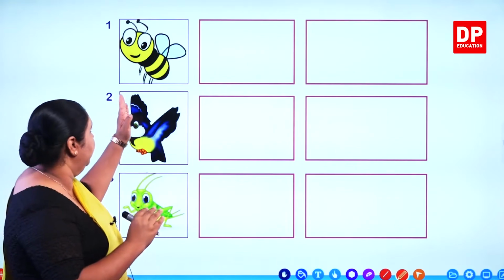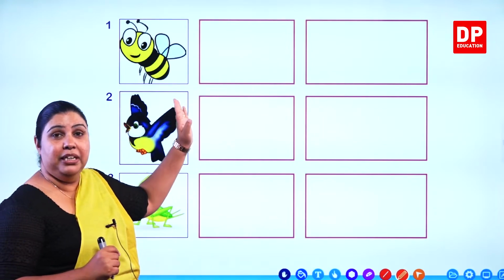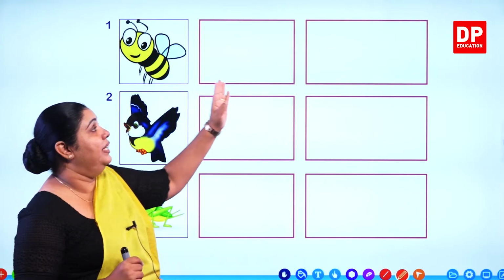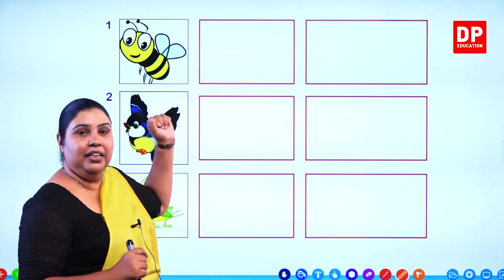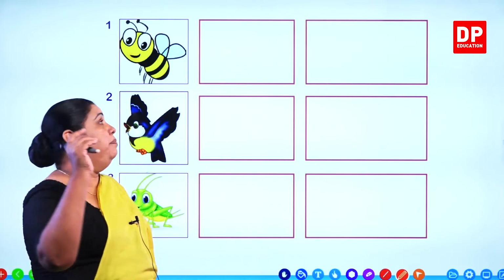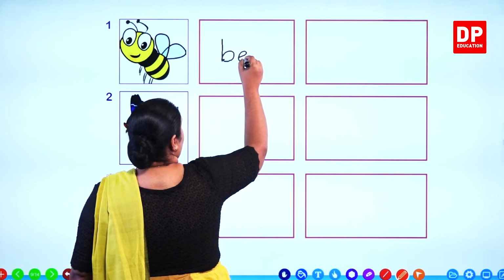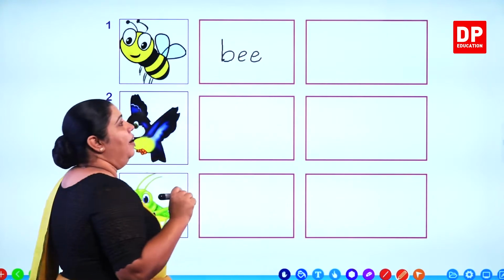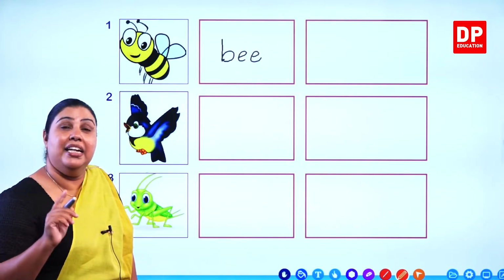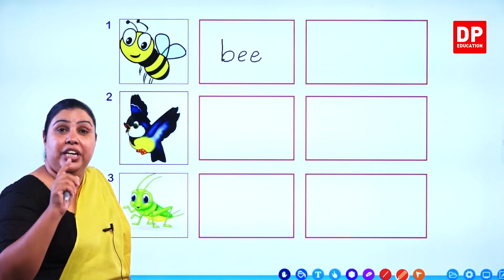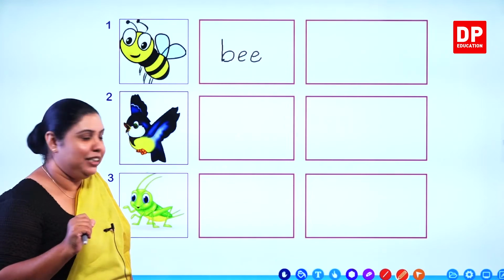You have the picture, then you have to write the name of the little animal, the insect. Then we will write the number of the description given to them. Now what is the name of the little insect we have here? It is the bee. How do we write the word bee? B-E-E, bee. Now we have to find the description for the bee. Right? Can you remember we had a description saying it drinks nectar from the flowers, it lives in a hive? There was one like that, wasn't there, dear?